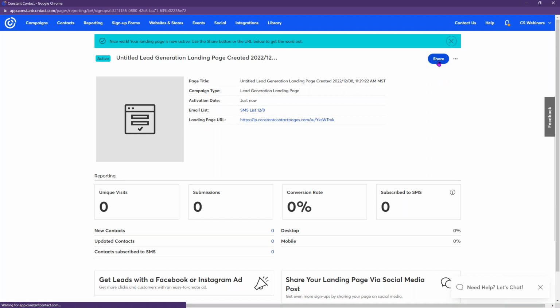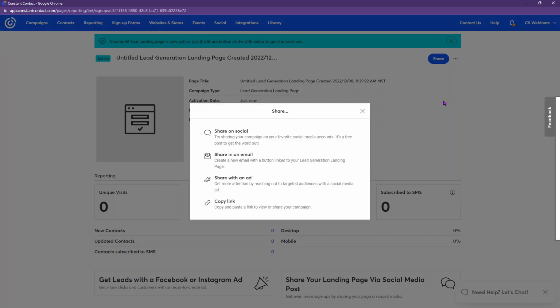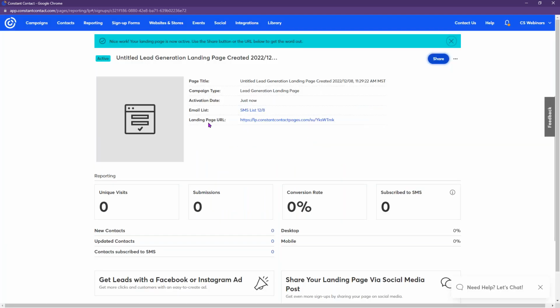You'll click this share button here in the top right, and share on social is right there. You will also see it gives you this landing page URL, this link right here. So you could put that link anywhere. One thing that works really well is to find a QR code generator online and copy and paste the link into a QR code generator. Get your little QR code and then print that out, put it on business cards, flyers. If you're a restaurant, put it on the little table tents. You can share it that way as well,